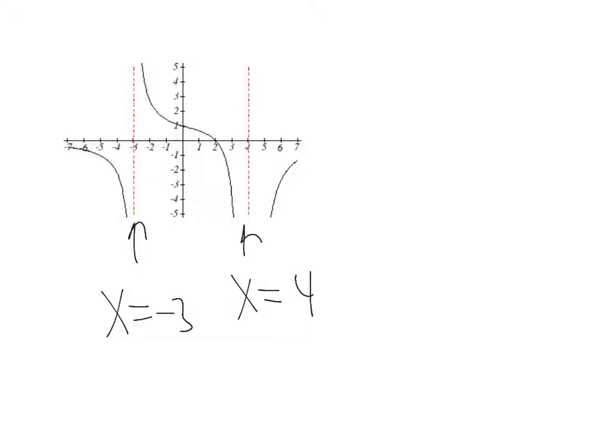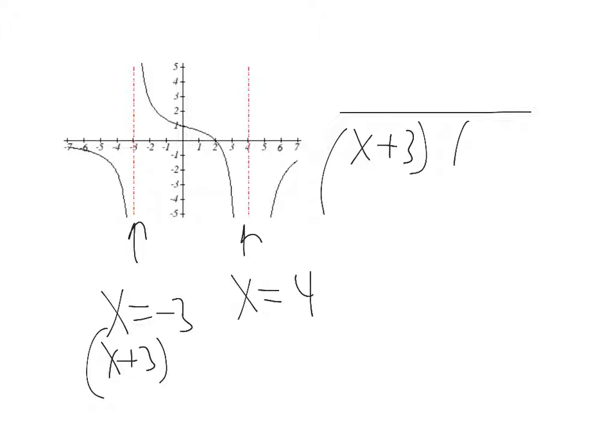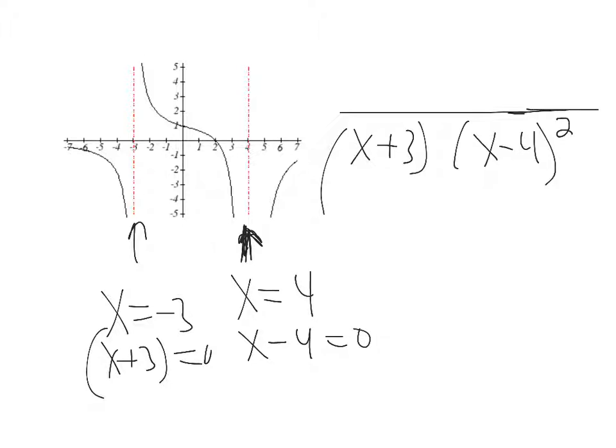But to start off, I'm going to write my rational function. I'm going to write x plus 3. Remember, we're changing the sign. That's x plus 3 to get the factor. And this other one becomes x minus 4 to get the factor. So we want to know when these things equal 0. And then since the function's acting like 1 over x squared at this vertical asymptote, we're going to square that factor, and that will force the graph to head down like this in the same direction around